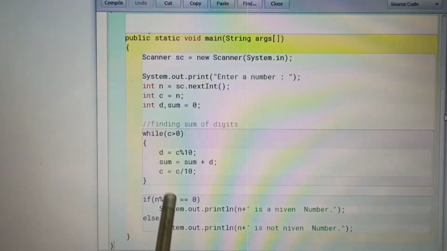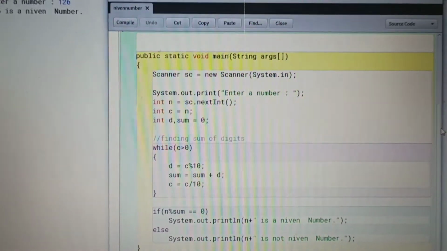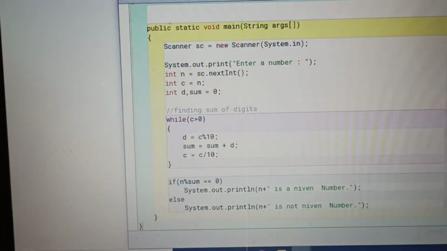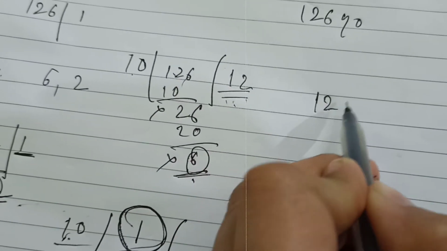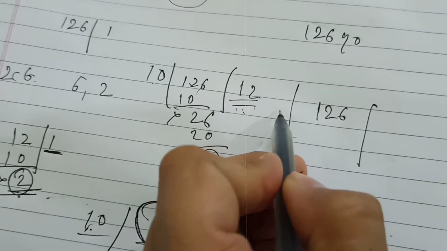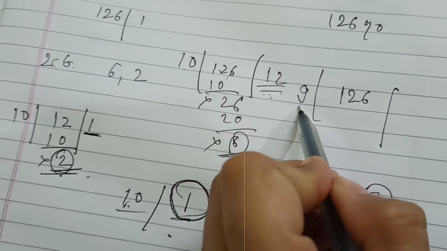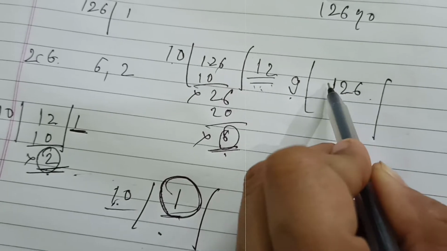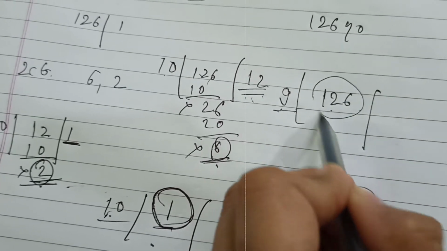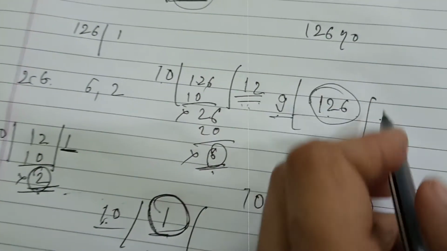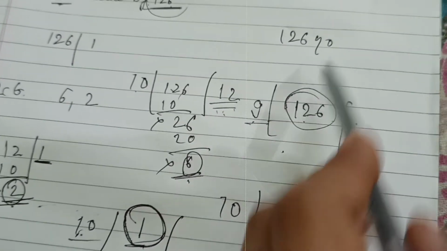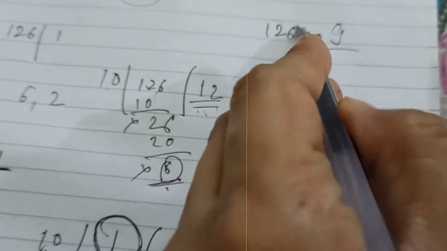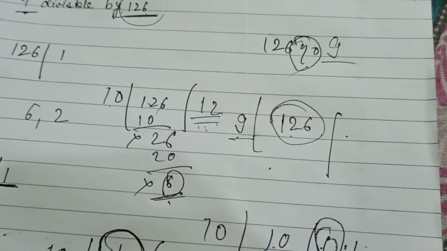Now, the starting value of n is 126. We divide 126 by the sum value, which is 9. When we divide 126 by 9, we get 0 as the remainder, because this modulus symbol always gives the remainder value.